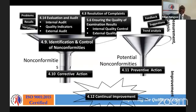This is a slide that looks a little bit busy, but it actually brings together a number of the clauses out of ISO 15189, and it looks at evaluation and audit, some of the things you need to do there. You need to carry out an internal audit. You need to look at what indicators you've set for your system to be able to say you're running an effective and efficient system. External auditors, did you bring in somebody to do